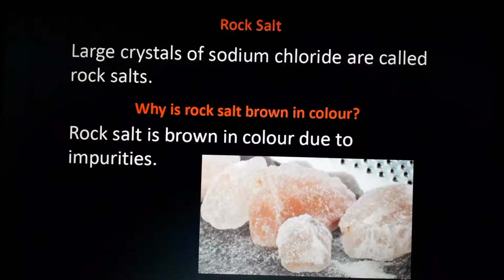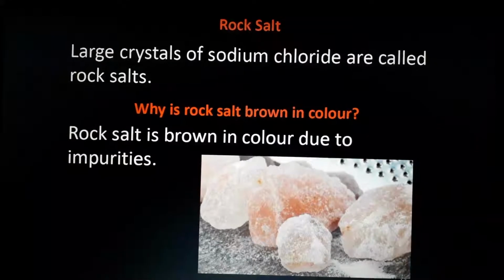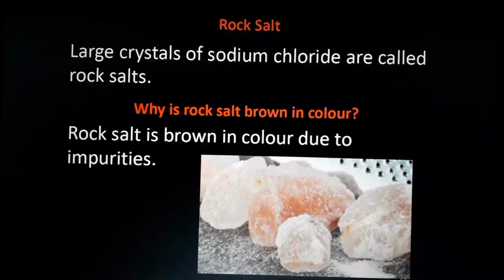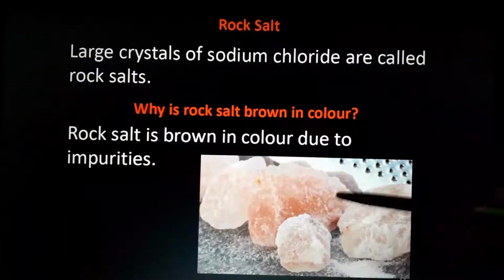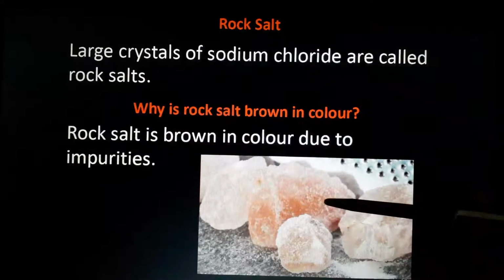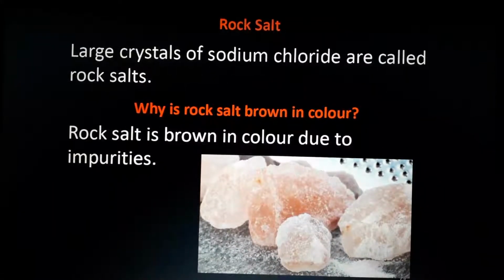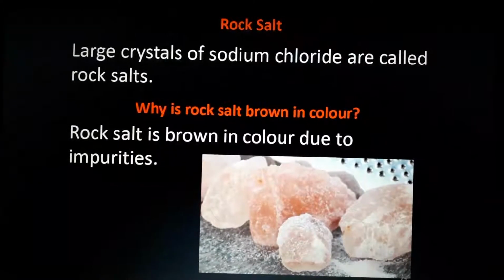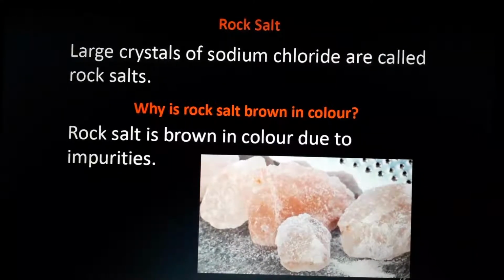But some specialties are there for this sodium chloride. It has sodium inside it, you already know that. It has chlorine also inside that. And huge crystals of this sodium chloride salt are called rock salt. See this one, it's big crystals. When seawater is evaporated, we get big crystals of sodium chloride, and this one is brown in color because it has a lot of other minerals and impurities in it. It is not the pure form of sodium chloride. That's why its color is a little bit brown.